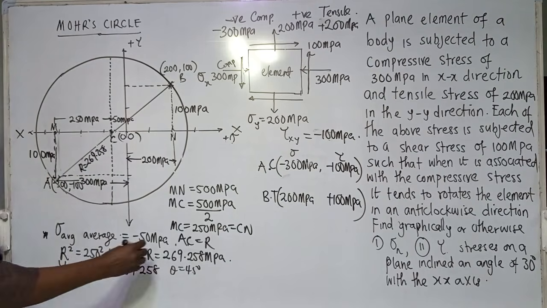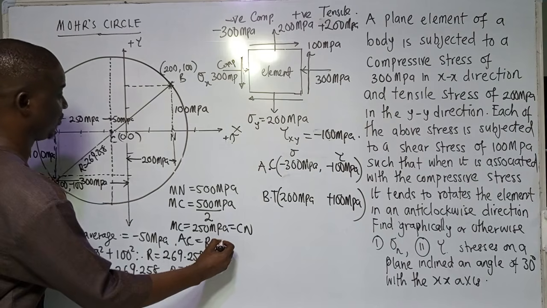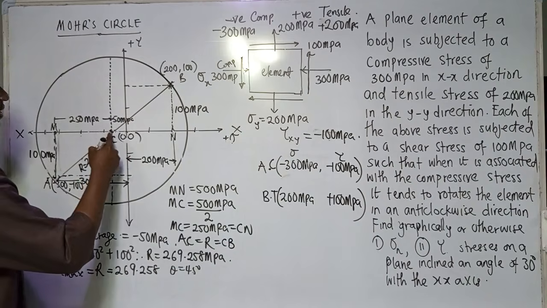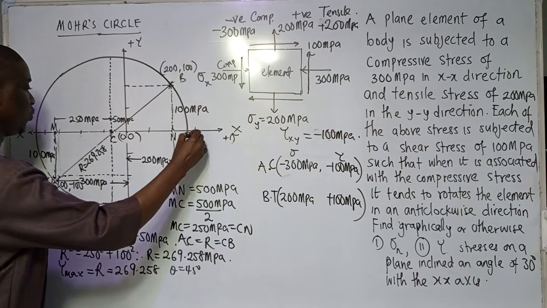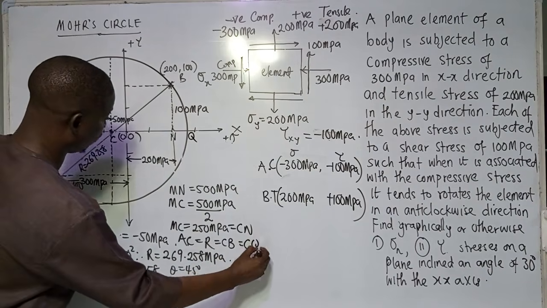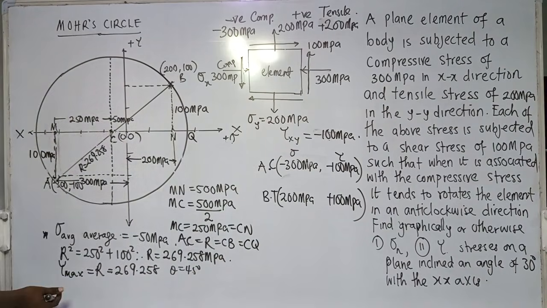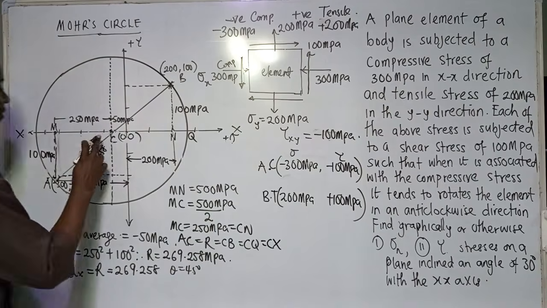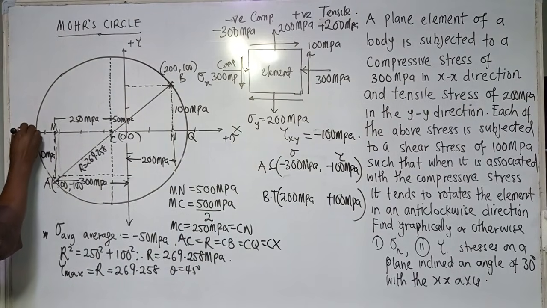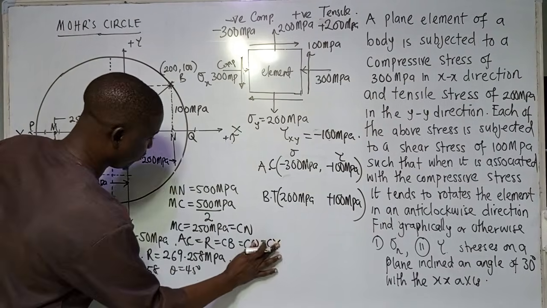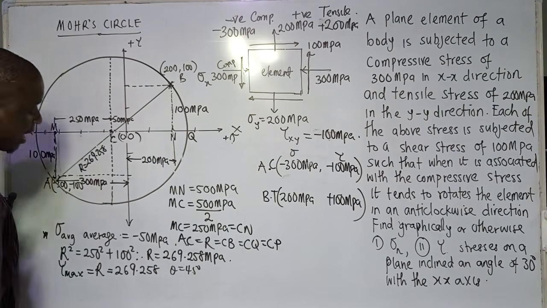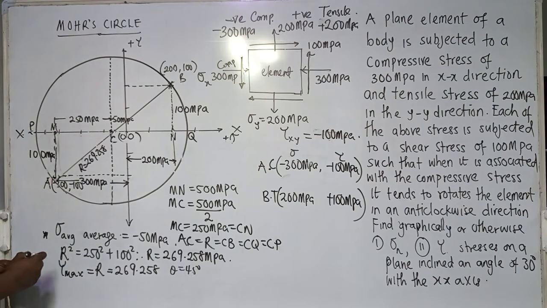Now we have gotten that. That means that R is equal to CB, let's say Q. It's equal to CQ. That means from here to this place, which is radius, it's equal to CX. Let me call this one P. CP. This point P. Now, having gotten that, what do we need to get now? We need to solve our